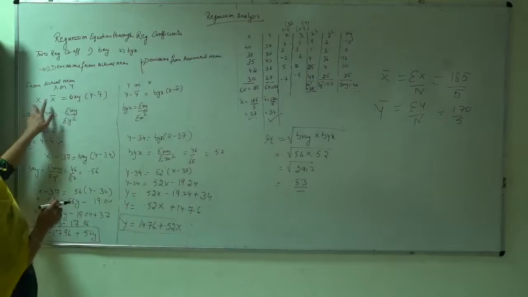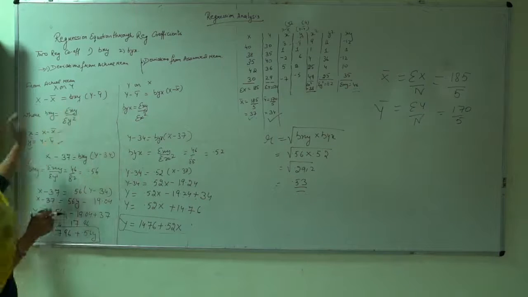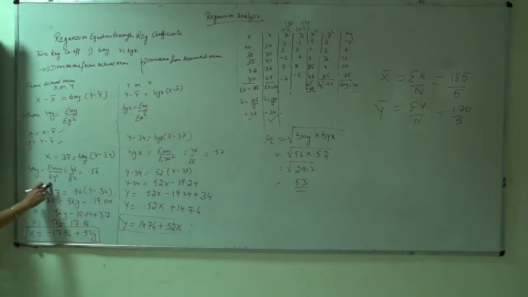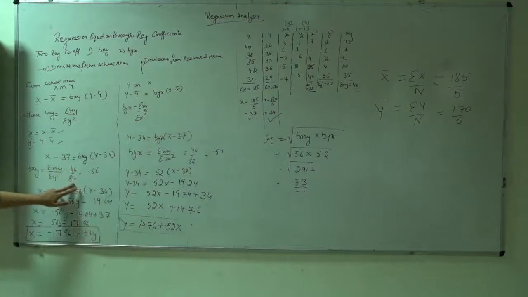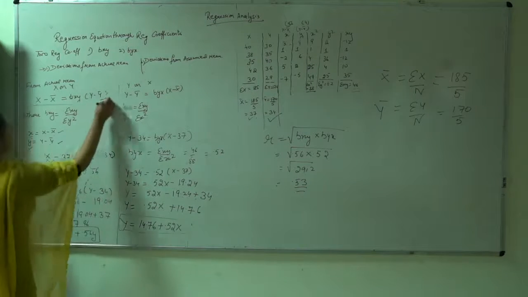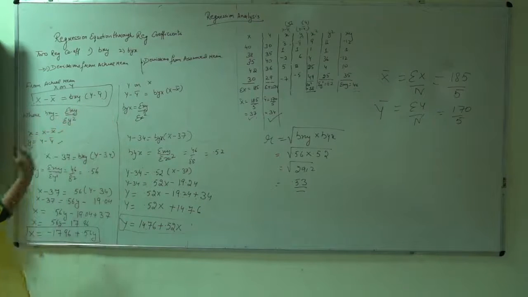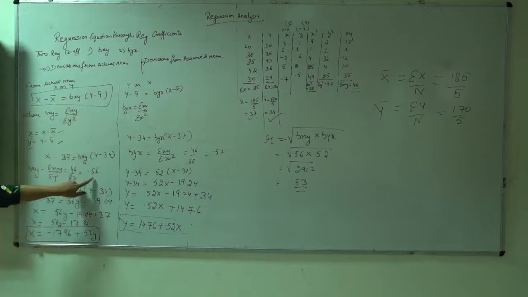I know the equation for x on y is x minus x bar is equal to bxy into y minus y bar. First I have to calculate bxy, which is equal to summation xy upon summation y square. Summation xy is 46, so 46 upon summation y square, which is 82. So, I get 0.56. Now, I am putting the values in this equation. x minus x bar is equal to bxy into y minus y bar. x will be as it is. x bar here is 37, and bxy we calculated is 0.56, so I have put 0.56 here.